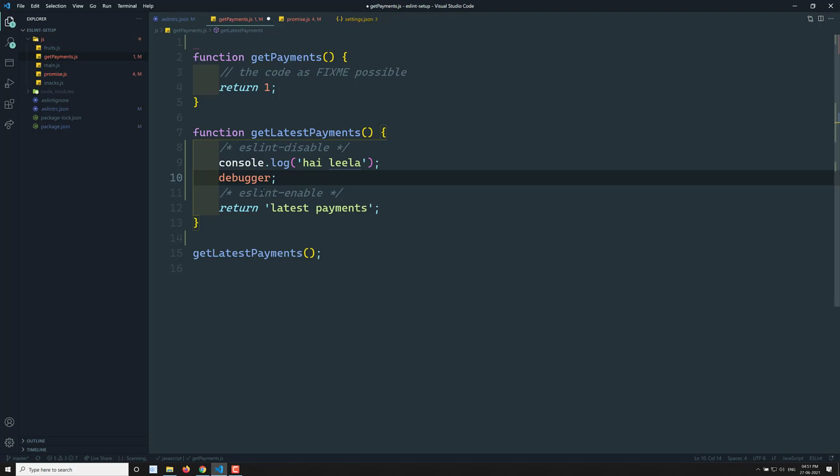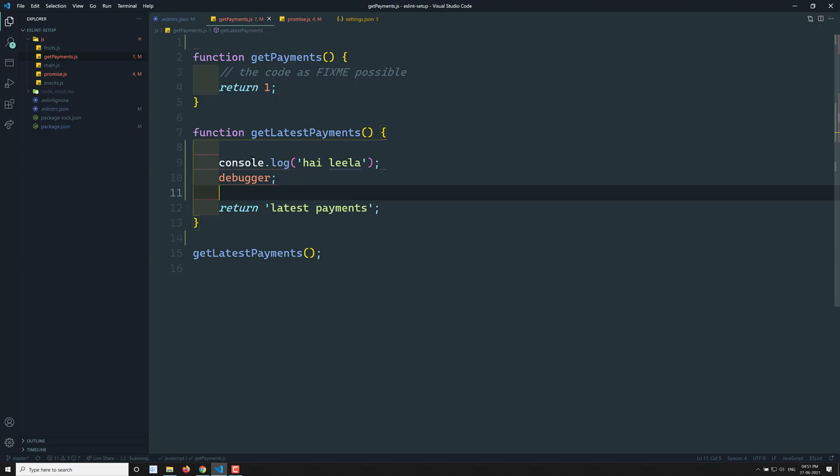Now another scenario I can explain is when I want only particular rules disabled. For example, I will remove these two lines. Here I have two types of scenarios, console and debugger. I want only these two rules to be disobeyed, and all the remaining ESLint rules should be accepted.